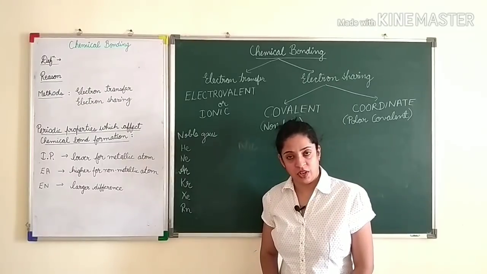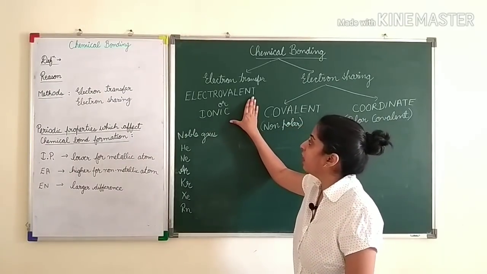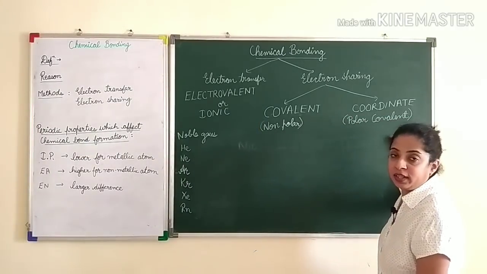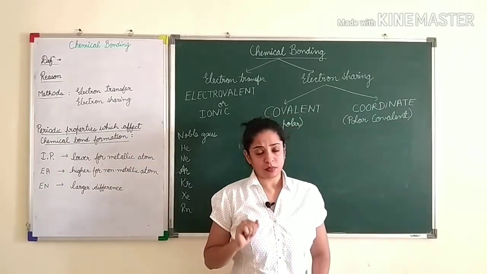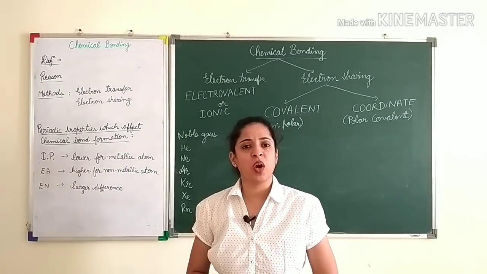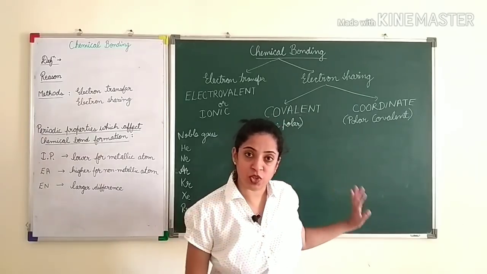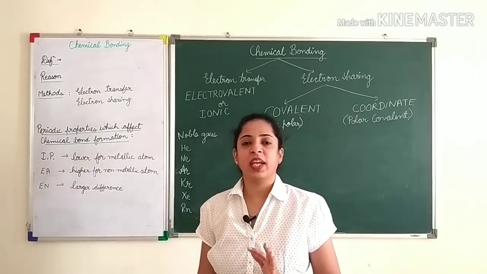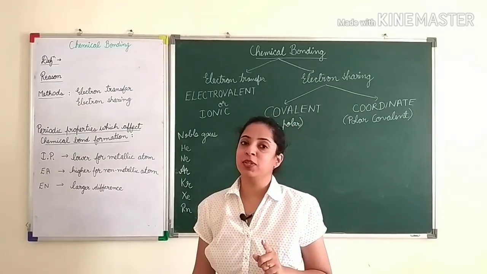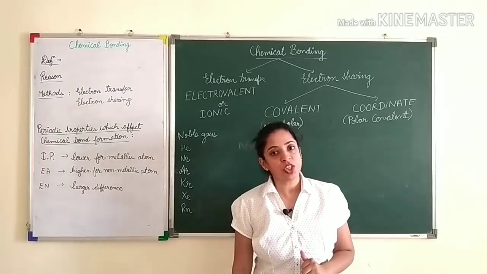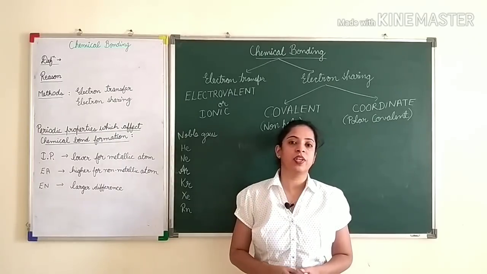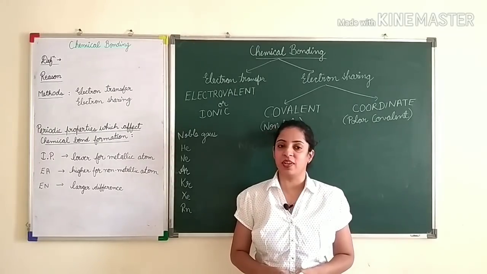And in our next 3 videos, we'll be talking in detail about electrovalent or ionic bonding, covalent bonding and coordinate bonding. Now children, I am very sure that if you watch all these 4 videos, you will be able to answer each and every question from this chapter in your board exams. I will make it so easy that your concepts of this chapter will be very clear and you'll be able to remember it throughout your life. So watch it very carefully, pay attention, make notes if you want, and watch these videos over and over again to make your concepts very clear.